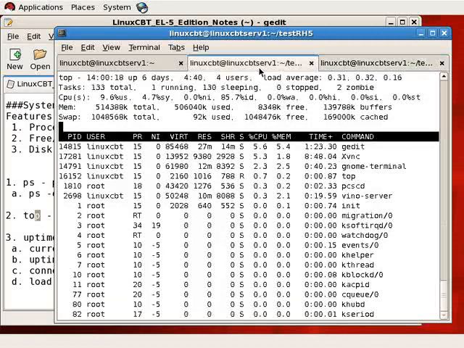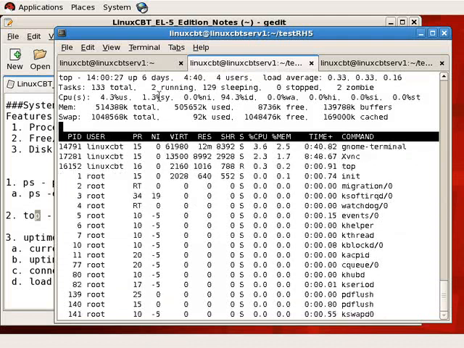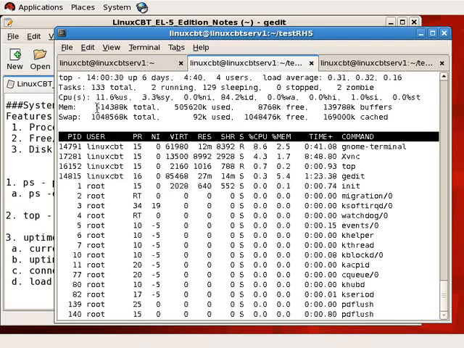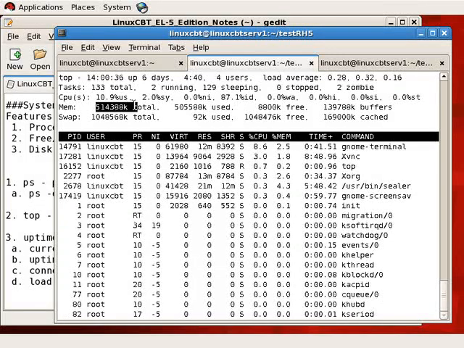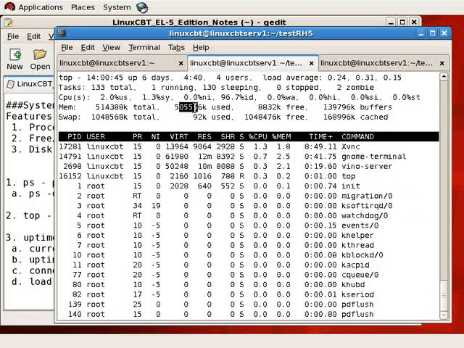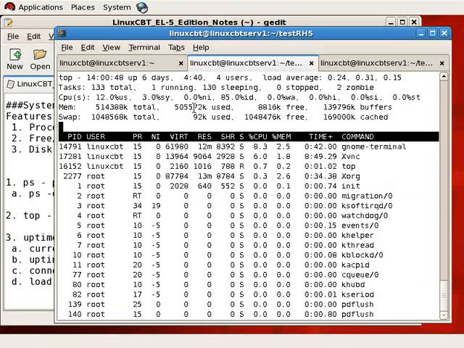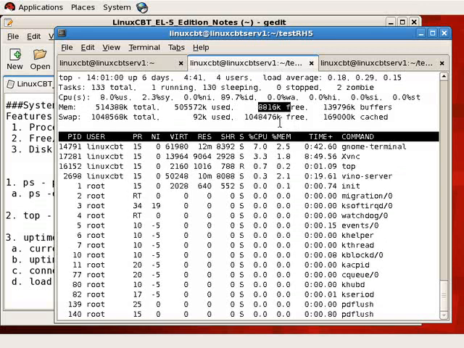So let's return to top. We'll clear the screen, and our second shell should have a top instance running. In addition to uptime information, we also see information regarding CPU utilization as well as memory utilization. Let's zero in on memory utilization. We see there's a total amount of memory available to the system of around 512 megabytes. This is about half a gig of memory, of which about 500 megabytes is used, with barely 88 megabytes free. Or in this case, just barely over 8 megabytes free,